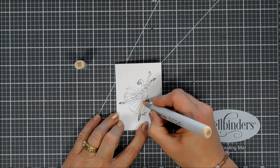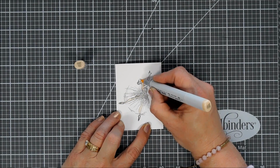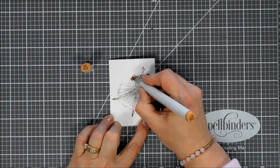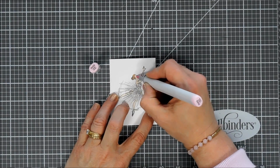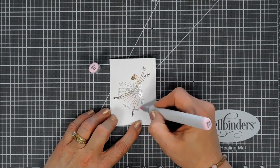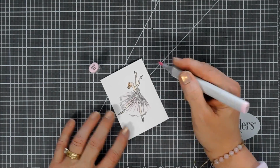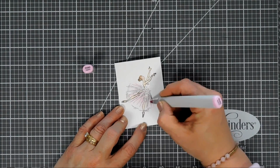So just using my Copic markers, I'm going to color her in. I'm not doing any two-tone shading or anything. This here is E00. I'm using that for her skin tone. And then I'm taking E13 to color her hair. And then I believe it's RV52 to rosy up her cheeks. And then I am going to do a little coloring on her tutu, on her skirt. I'm just doing some flicking motions, and I'm going outside of the sketch lines